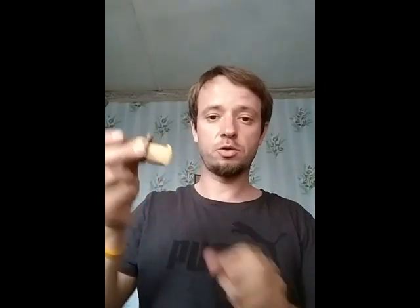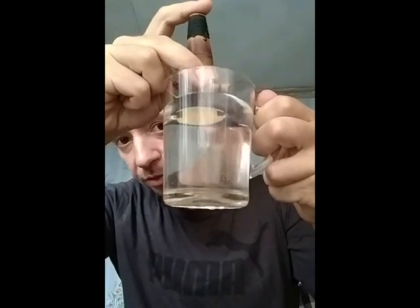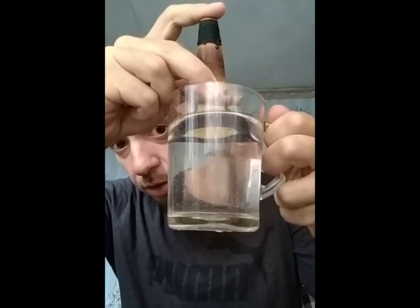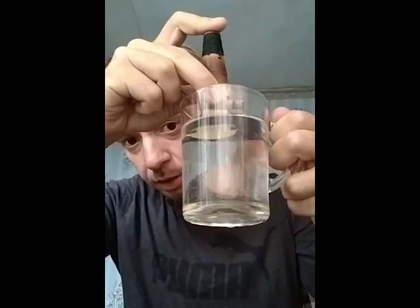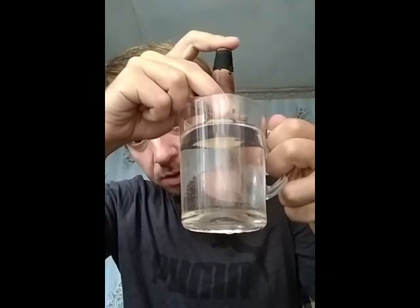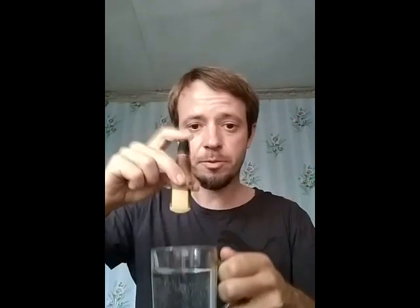So another way, when you see that the reed doesn't open up easily, you can take a glass of water, or you can even combine these ways. We can start with a glass of water to open up the reed and to put it like this, not very deep, just up to this skin on the sides. Keep it for 10-15 seconds, so like that, and then you take it out